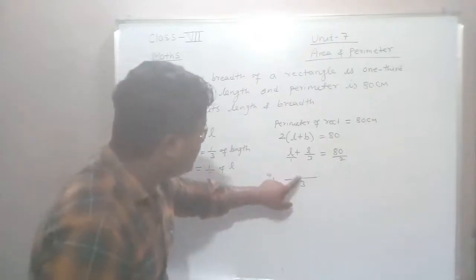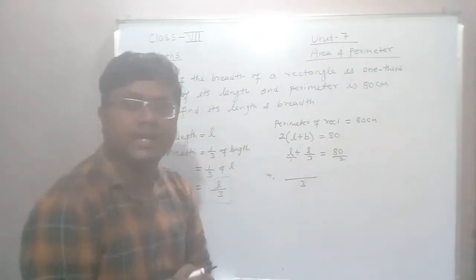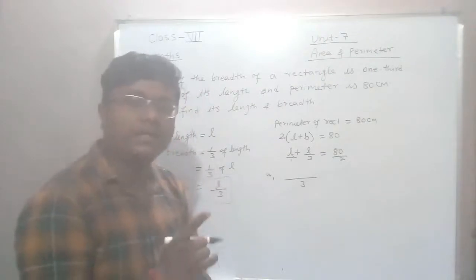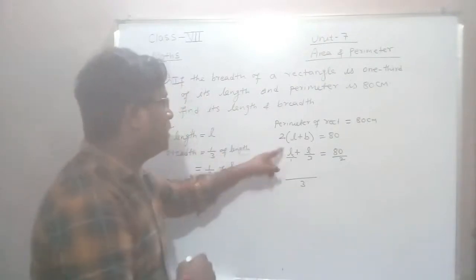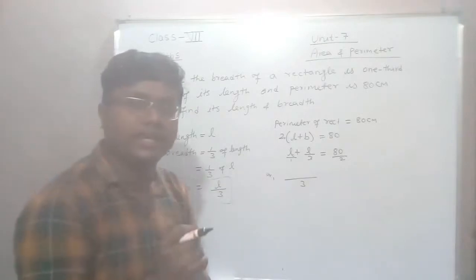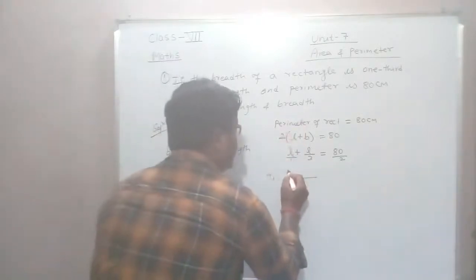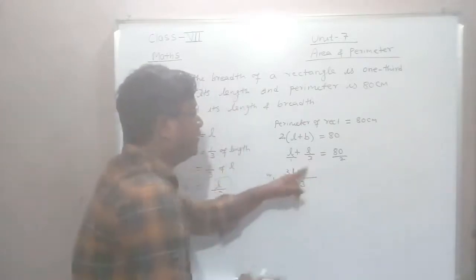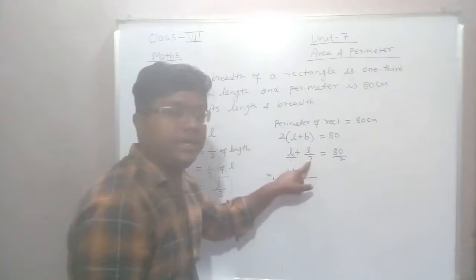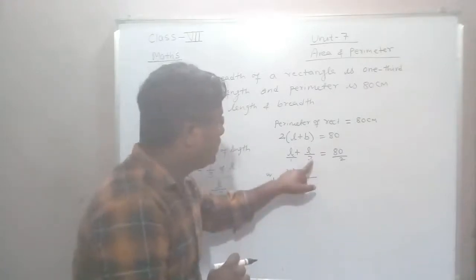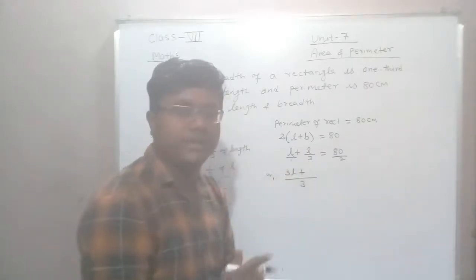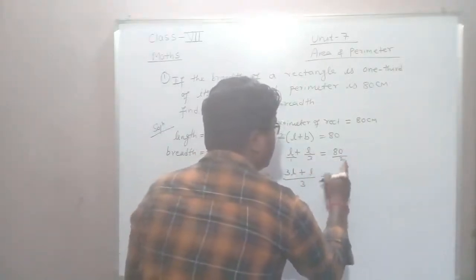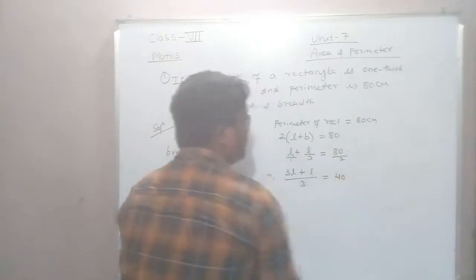Your denominator ले your LCM लाई divide गर्ने. 1 ले 3 लाई divide गरे भने you will get 3. जे हामीले पाउँछौं त्यो न्यूमरेटर सँग मल्टिप्लाई गर्ने. So what we got here? 3. That 3 is multiplied with the numerator, that is 3L. Plus now this 3 will divide this 3, means this denominator will divide LCM. We will get 1. 1 is multiplied to L, so L. And here we got 80 divided by 2, that is 40.